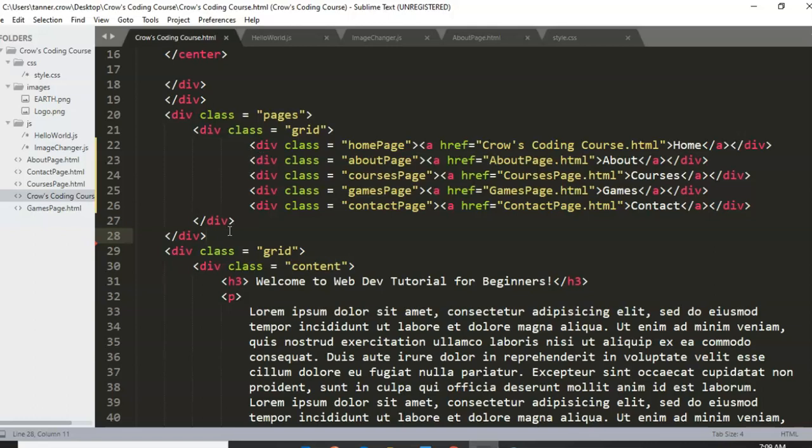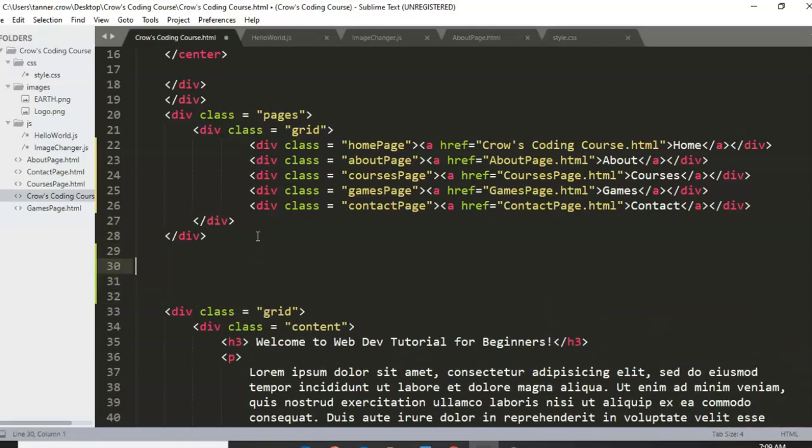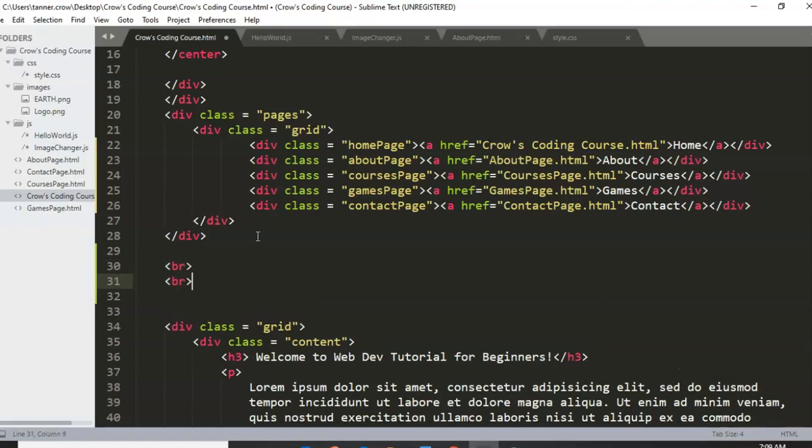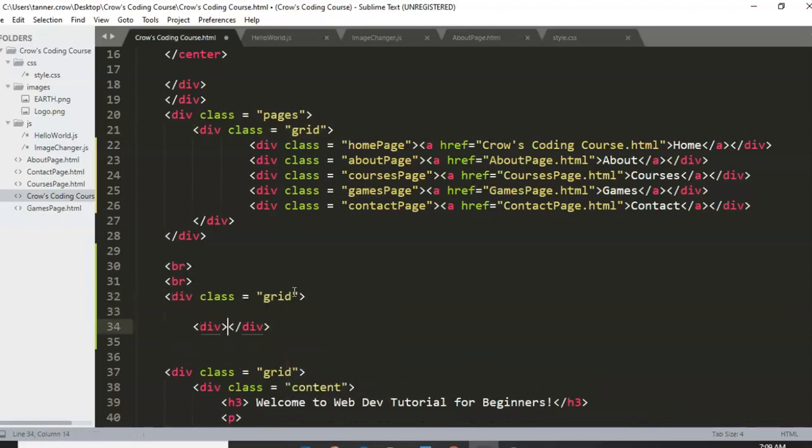Okay, so I'm going to place my user button, and you decide where you think that will best fit. I'm going to put a couple breaks in here, and then I'm going to copy and paste the div class, the grid class, and that way when I put in my button, change user,